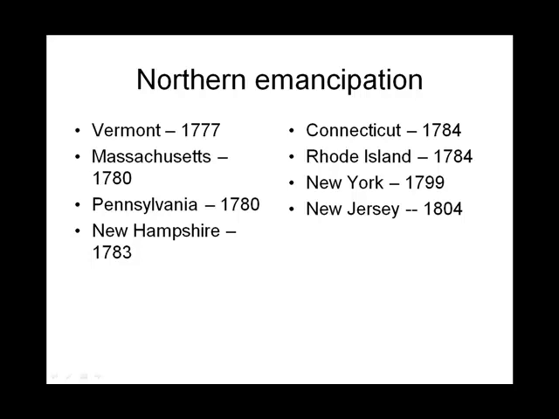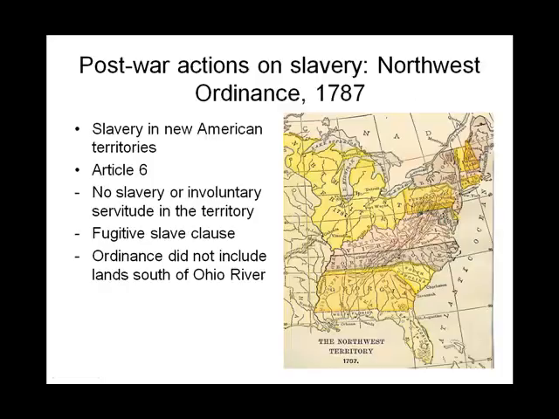New Jersey passed a more stringent slave emancipation law in 1812, but these violations still continued. Other provisions in the aftermath of the Revolutionary War concern slavery in the territories. The Northwest Ordinance provided for the elimination of slavery north of the Ohio River. There was a provision in this Northwest Ordinance of 1787 that there was to be no slavery or involuntary servitude